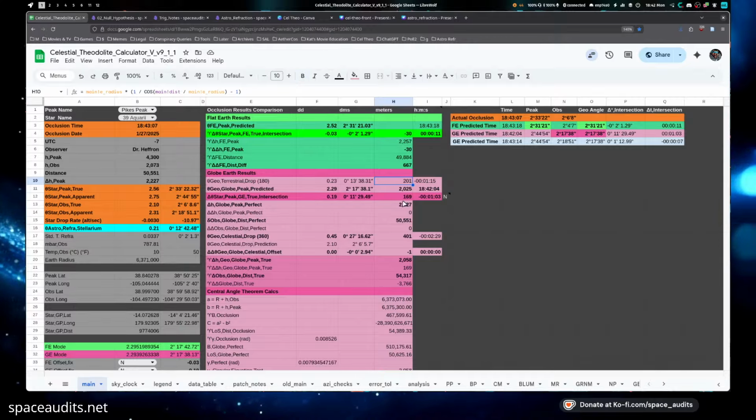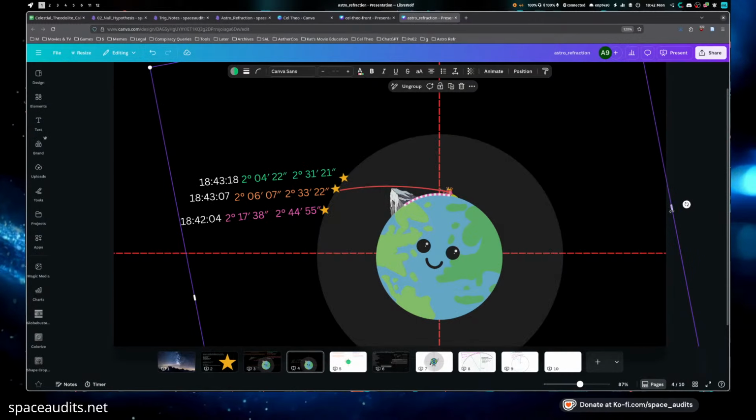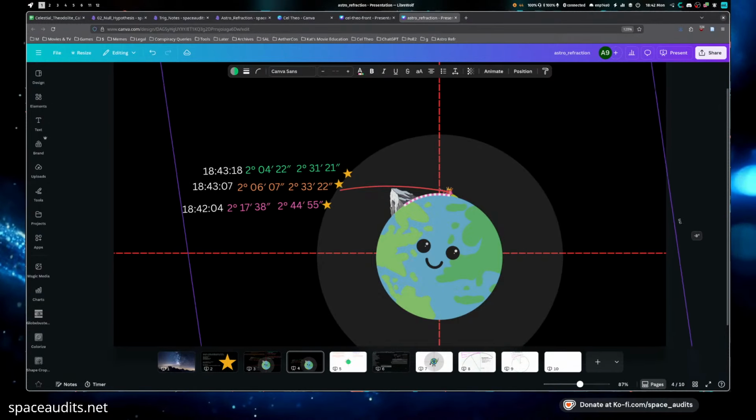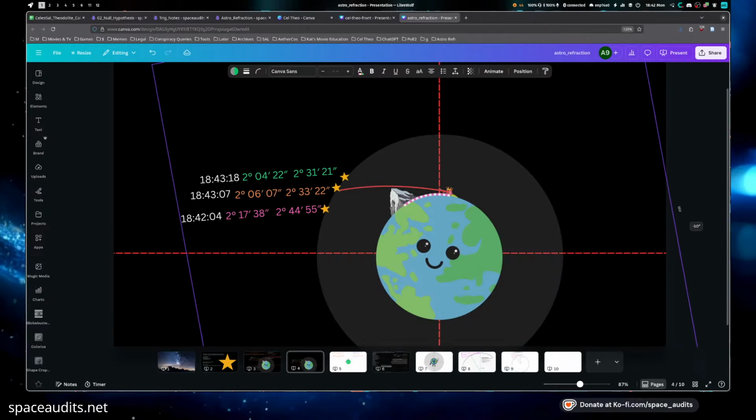No one's actually corrected anything that's made this time go back to the time that was actually measured. None of the things that have been changed in the spreadsheet actually change the globe time to make it fit what the globe predicts. These are massive geometric failures for the globe. This intersection difference that happened here is because the Earth isn't a globe.